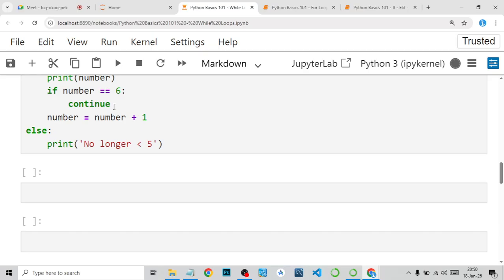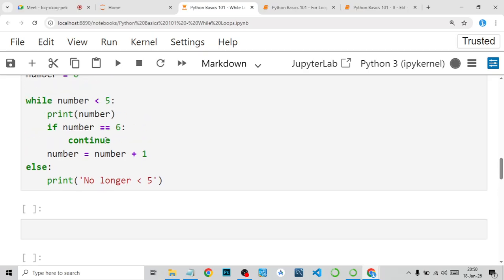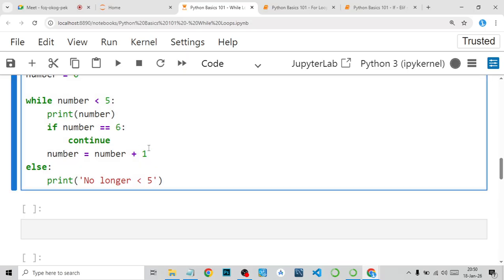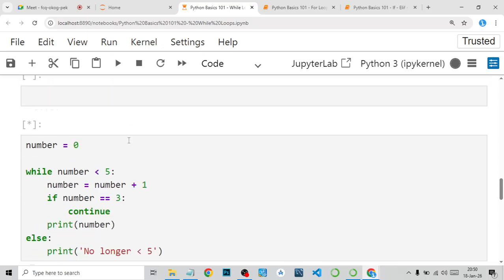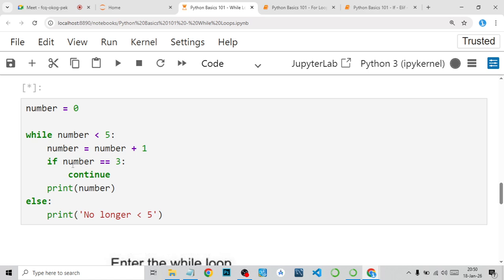But if it is like what I add here below this, if it is below the continue, you just keep printing. Like we have 3 here, we just keep printing the 3 or 2. You just keep printing it. If you want to avoid this, you take this up like I did here. You take it up, then